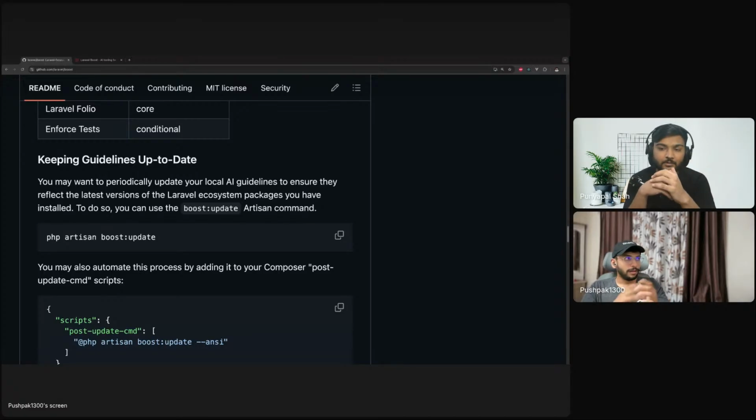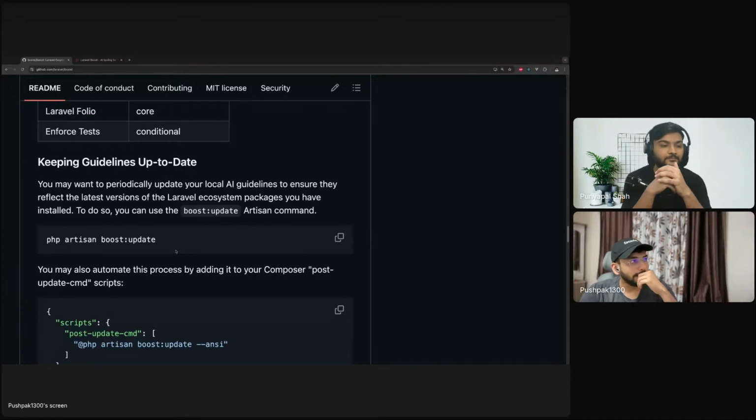Okay. Now, keeping guidelines up to date: you may want to periodically update your local AI guidelines to ensure they reflect the latest version of the Laravel ecosystem packages you have installed. To do so, you can use the boost update artisan command, and this is something which Nuno shipped. This is like a stellar feature, I would say one of the best features Boost has shipped so far, with which